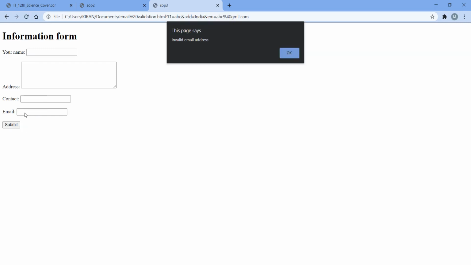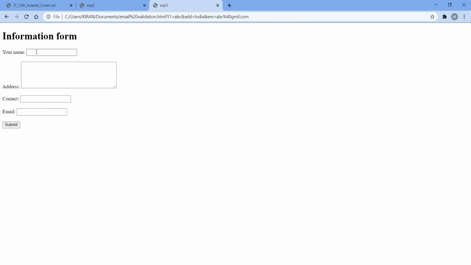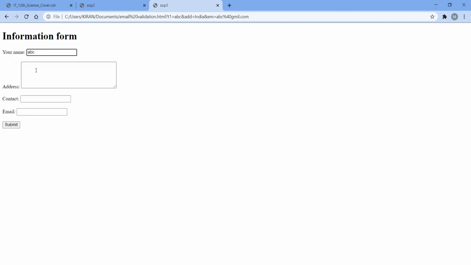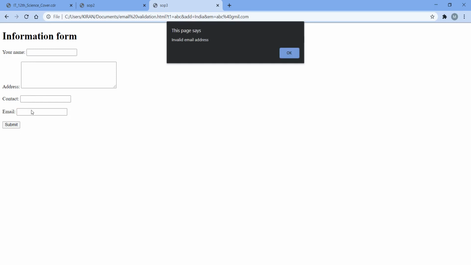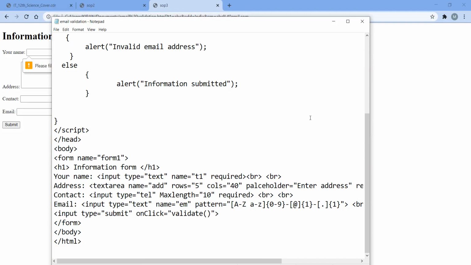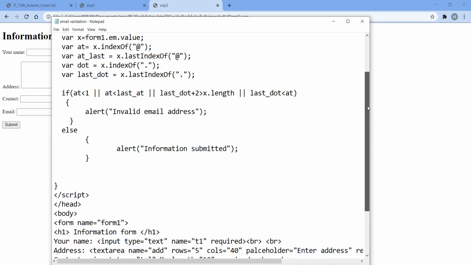Okay, empty email address, abc. And submit. Okay, invalid email, it is not checking the condition. Let's see what is the problem. em dot value.